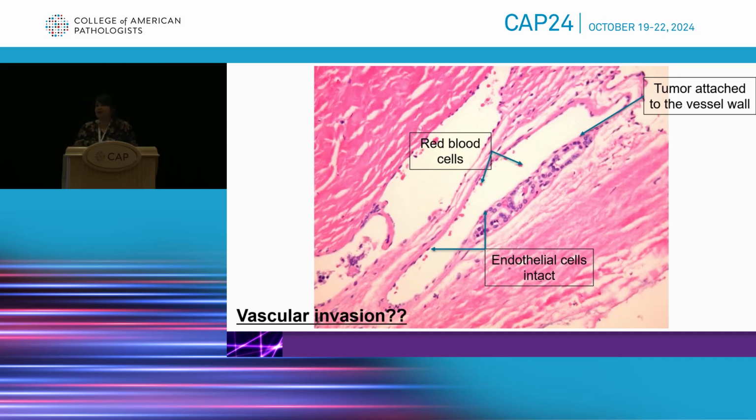This again is one of those cases where even amongst experts there is no definitive consensus on how to approach these cases, and this becomes challenging because finding a focus of vascular invasion will put your lesion into the carcinoma category versus the indolent behavior, and of course you do not want to either undercall or overcall such a lesion. So